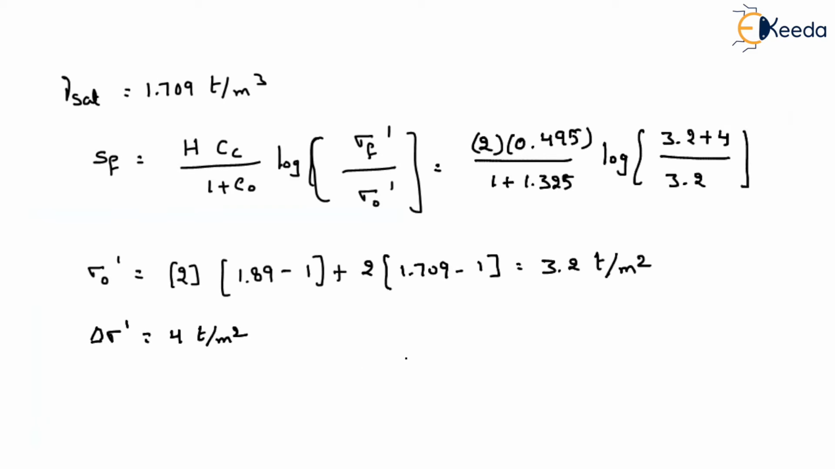Then if we solve this, we will get our settlement is around 0.244 meters. Just the direct substitution. Why? Because as the surcharge is directly given, the change in effective stress is nothing but you can directly take it as the surcharge. But in this question, it will be like, that means at the starting of consolidation,